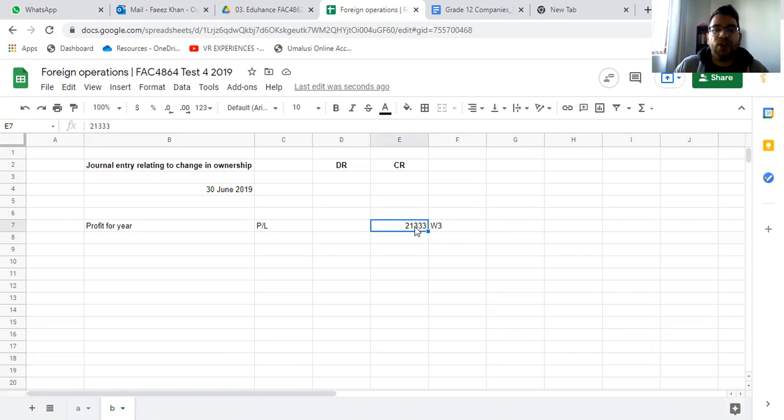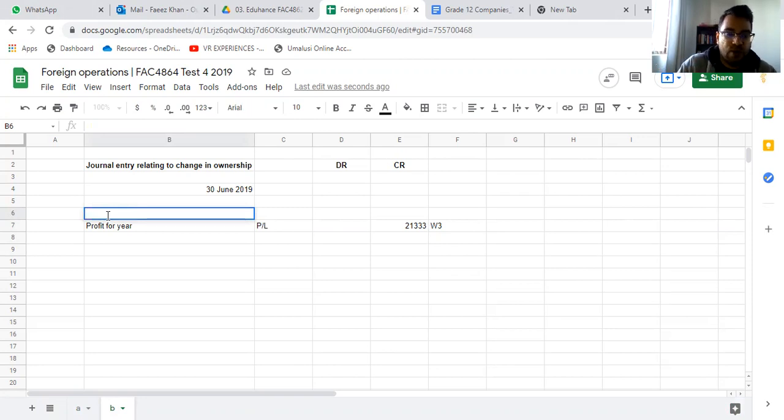Now we must say, okay, who does it belong to? By leaving it in over here, that means the parent is going to get 100%. But does the parent have 100%? And the answer is no, the parent doesn't have 100%. So we need to reduce profit or loss. We need to reduce profit for the year by the NCI's portion. So what do we call it? We call it NCI P&L. NCI P&L is a profit or loss account. So by doing this journal entry,